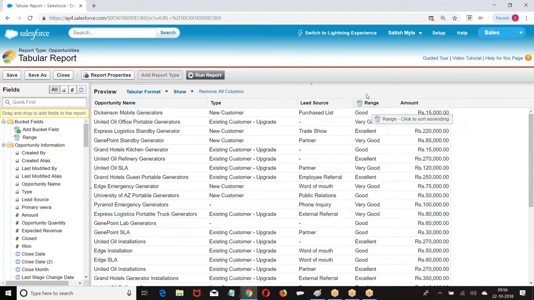So this column is created based on what? Based on the data which is available in the amount. So this is called bucketing the field. Trying to add an extra column in the report based on the data which is already there in the report.